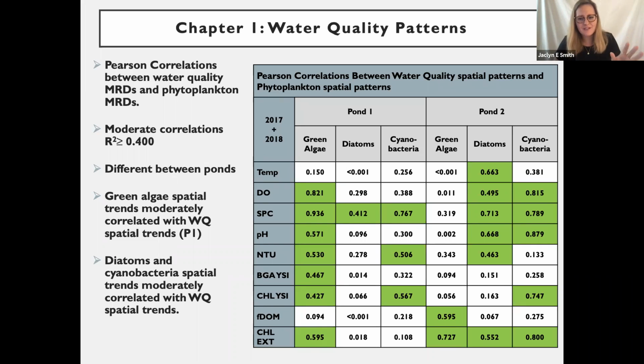So these findings can indicate a few things. One being that we do have these relationships between the water quality and these different algal groups or phytoplankton groups. It seems like it might be largely site specific though, and shouldn't be assumed to be the same for different water bodies. As well, this is good news in regards to trying to assess phytoplankton. It is a lot easier to get a pattern for water quality than it would be to get a pattern for phytoplankton, where that method is a lot more intensive and requires a lot more time and specifically trained personnel, than a water quality sonde.